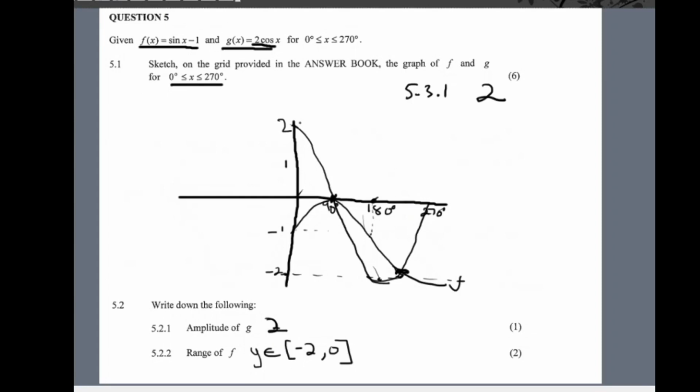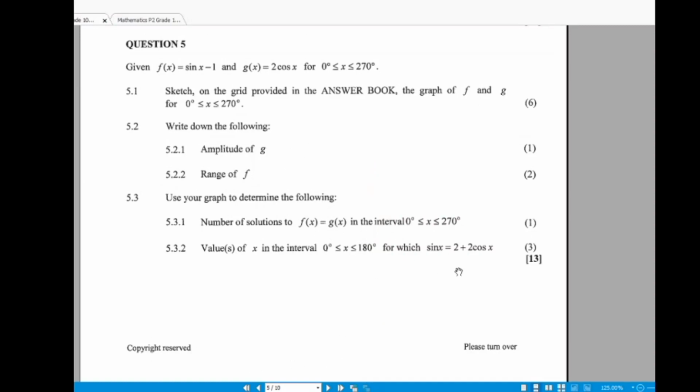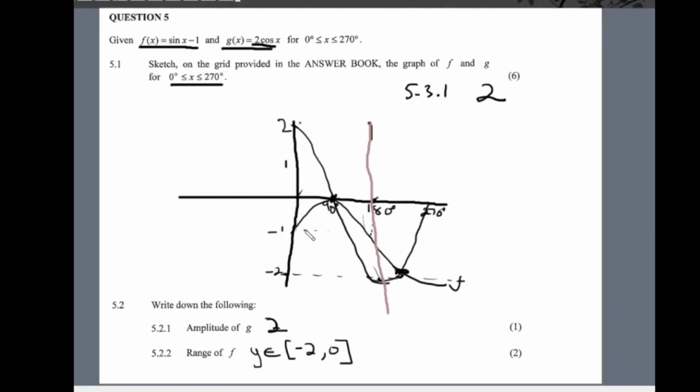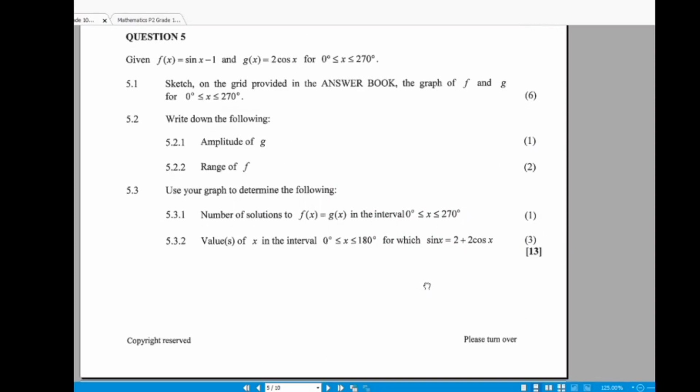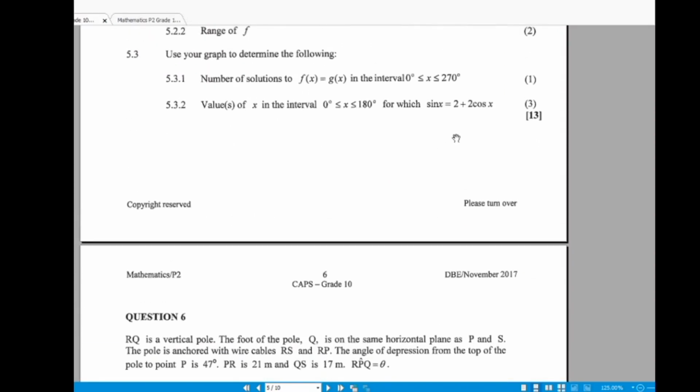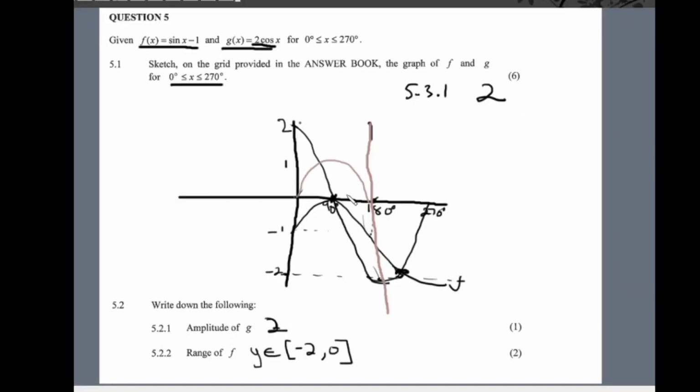So we're focusing between 0 and 180. 0 and 180 is this region here, and then the graph of sine x and the graph of 2 cos x plus 2. So the graph of sine x will look like this. In this region it will be like this, and then the graph of 2 cos x plus 2 will be